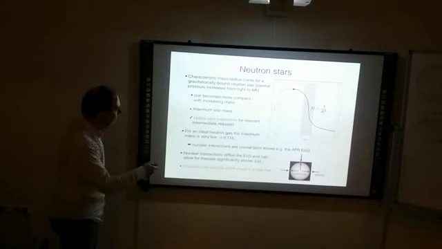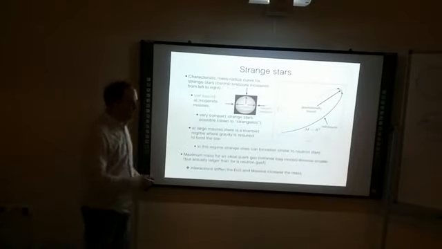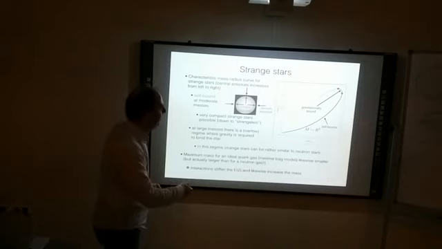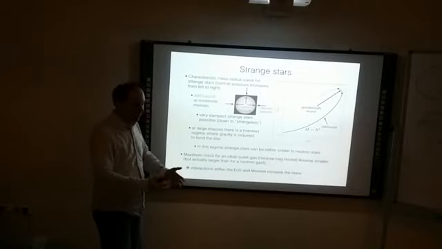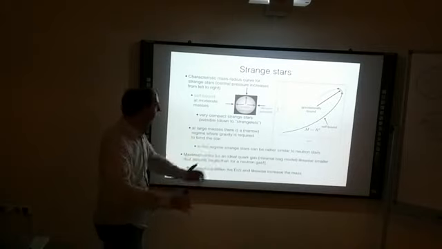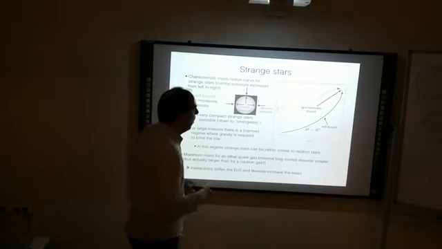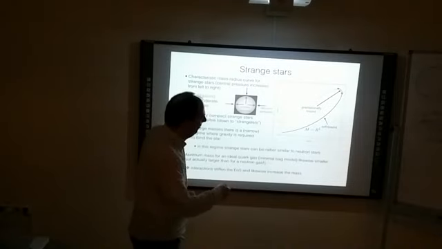But okay, that's what you find for neutron stars. These are the curves that you find for strange stars. And as I told you, in the case of strange stars, they are self-bound. You don't need gravity at all because you have the vacuum pressure that compresses the star. And also, two weeks ago, we already derived a scaling relation for this case.